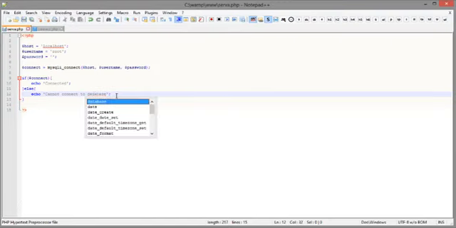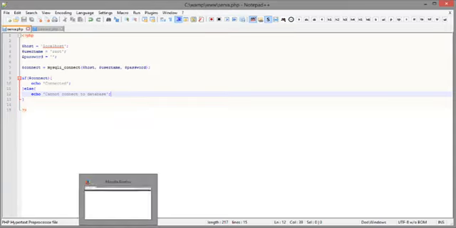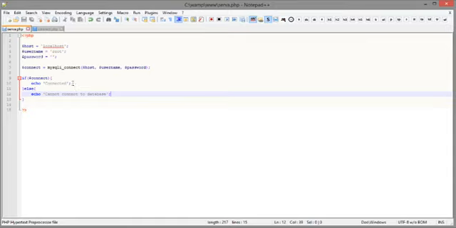Now let's save that and see what we'll get in our browser. Let's refresh that and you see connected. That means our connection is okay. Now that is how to connect to a database, but you discover that if we make a mistake here, let's say we change this to root instead of root, and we come here and refresh, it tells you,